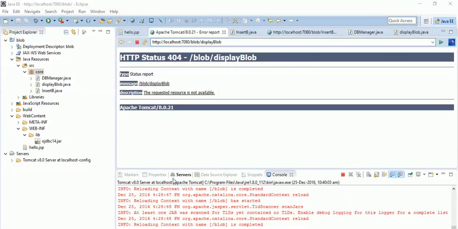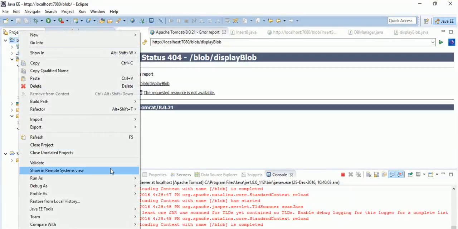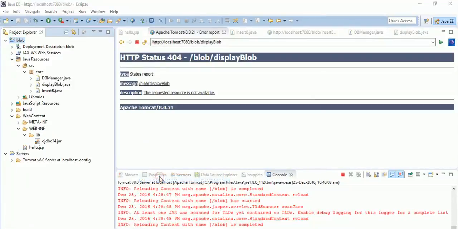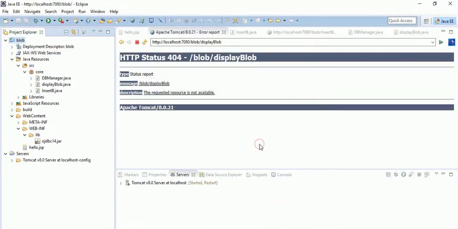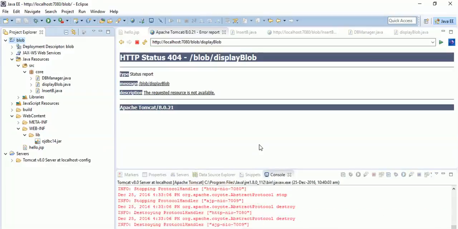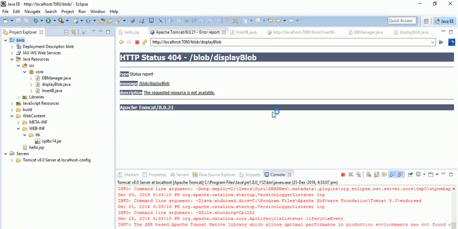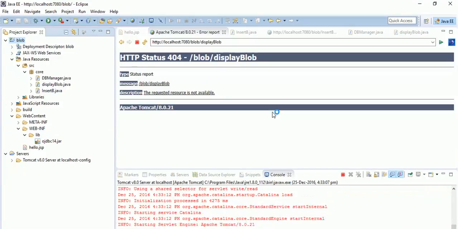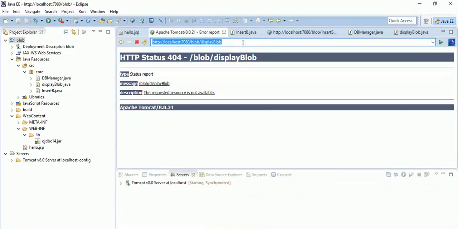Okay, so since we have created a new servlet, we will need to restart our server. So to do that, right click, run as, run on server, finish, restart server please. Wait for it to restart. It should be quick, and let us use this browser URL again. So let us go back over here, display blob, and